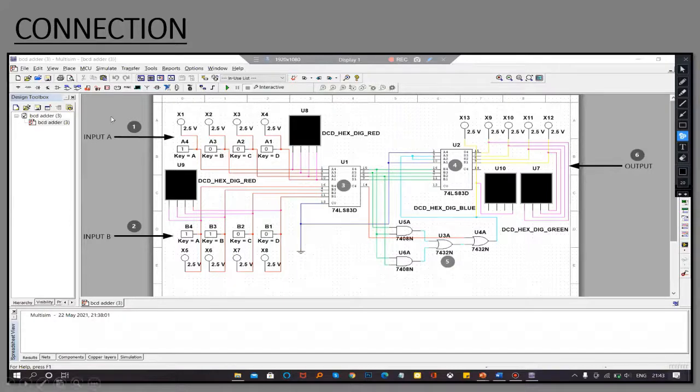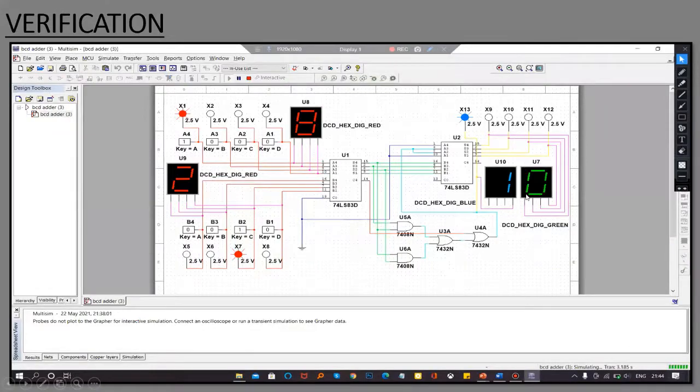We have 4 inputs A and 4 inputs B, and we have two ICs, and this circuit which gives 0 when the value is less than or equal to 9, and 6 when the value is greater than 9. The output is generated at S4, S3, S2, S1 of the second binary adder IC.